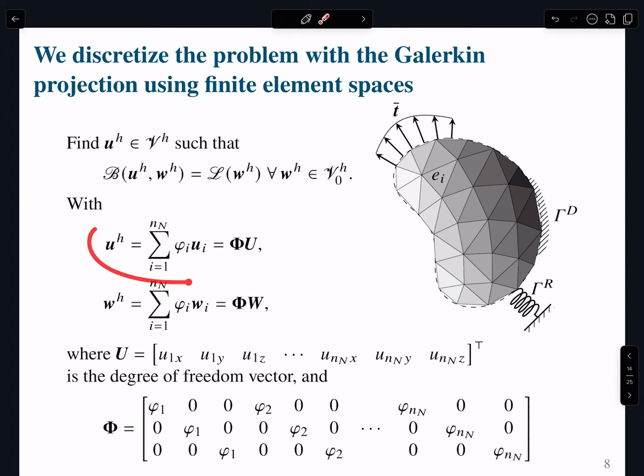Okay, so we can now write the so-called trial solution, right? Because now we are moving away from infinite dimensions, so now we call it trial solution. This is a solution that we're going to try to see how it works, if it is good enough or not, and we accept that there is going to be some error. If we write the test functions, or the vector valued test functions, in the same way, again, we are applying the so-called Galerkin projection. Who recalls, there were 2 versions of the Galerkin projection? If you take both the trial solution and the test functions from the same space,